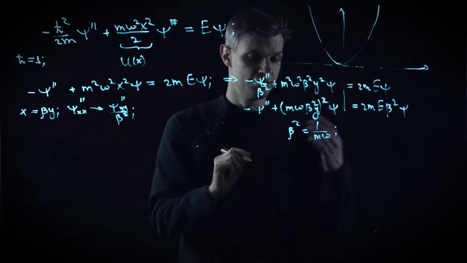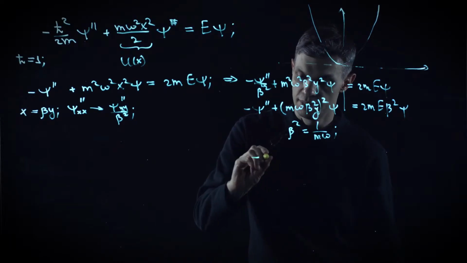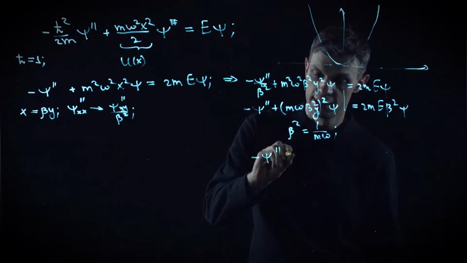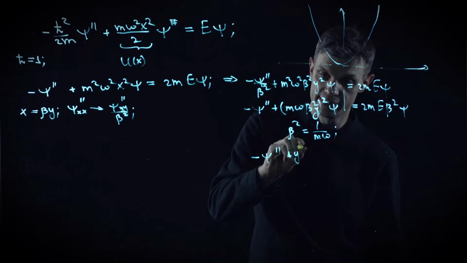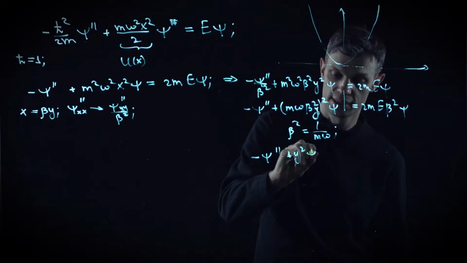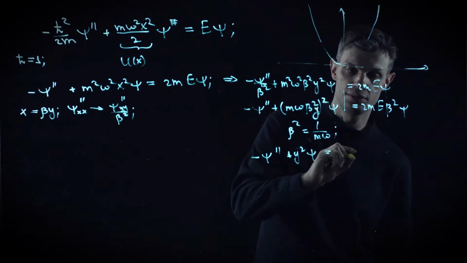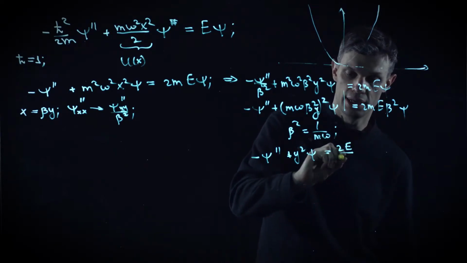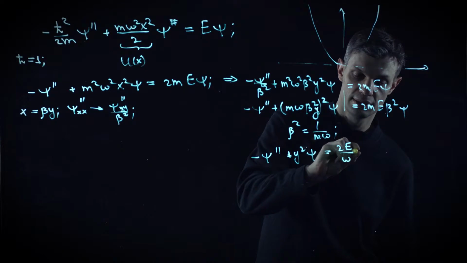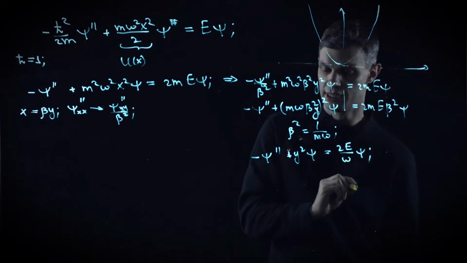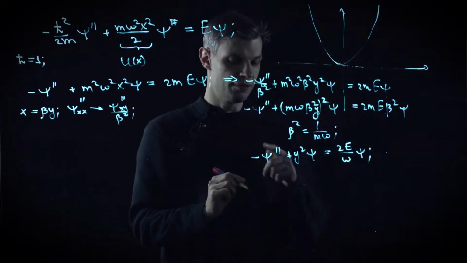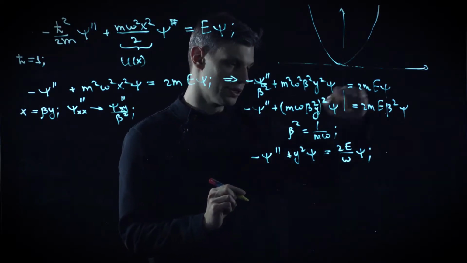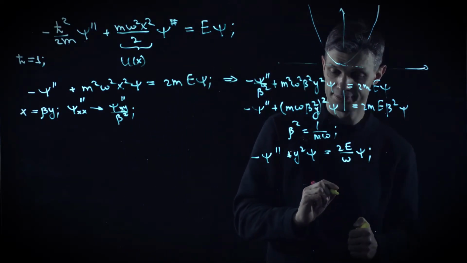And then the equation is turned into a simpler one. So it's just minus psi double prime plus y squared psi equals 2E divided by omega times psi. Right. And now let's put this double derivative term into our right hand side, and we get